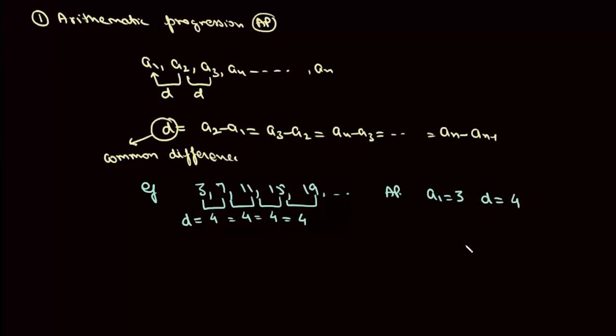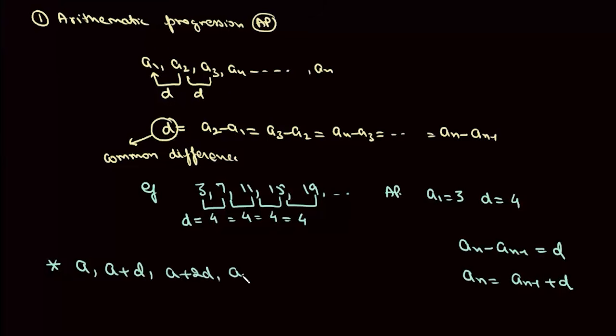Now we know that in an AP, the difference between two consecutive terms is constant. So any term will be given by the previous term plus D. So if we have first term as A, then the next term will be simply A plus D. Now adding D to it, it will be A plus 2D, A plus 3D, and this is how we'll keep adding it. Now this is your first term, this is your second term, this is your third term,